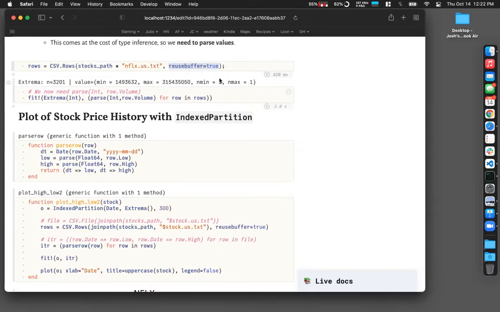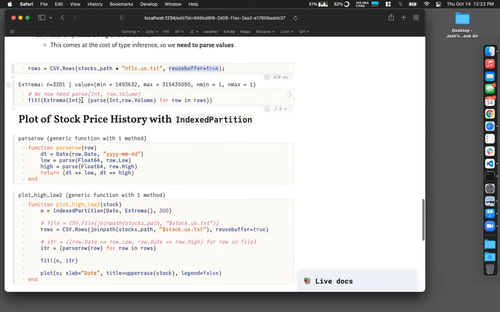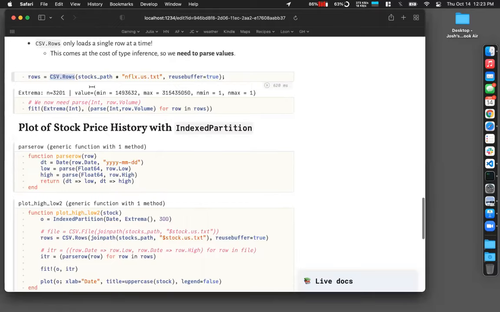So now let's do the same thing as up above. We fit this extrema and we ran through this iterator, and we can see the only difference now is that we have to parse that row volume into an int, because it doesn't show up as an int because we've lost type inference, because we are now using CSV rows instead of CSV file. But the main benefit is that our memory footprint is just infinitesimally smaller than it was with CSV file,